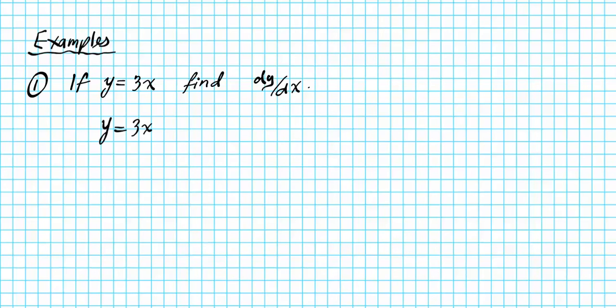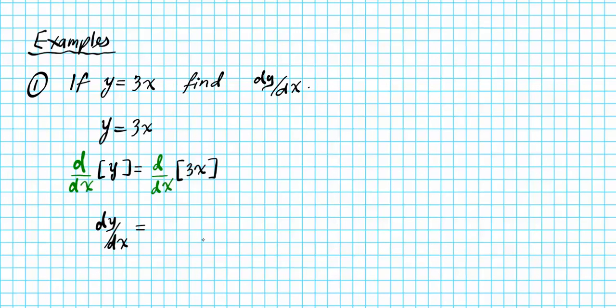We're to differentiate both sides with respect to x. So we have d dx of y is equal to d dx, the derivative or the instantaneous rate of change, of 3x. Okay, now on the left side, we'll simply have dy dx